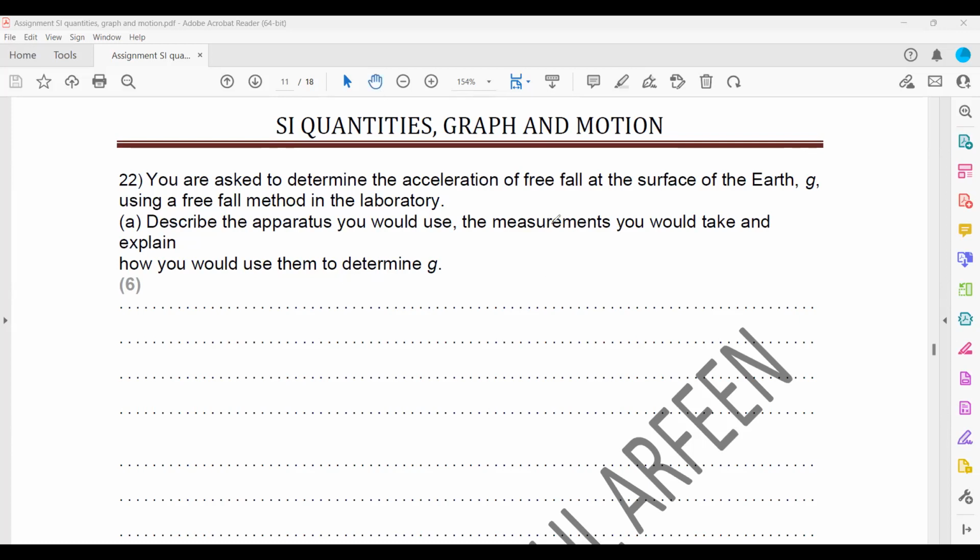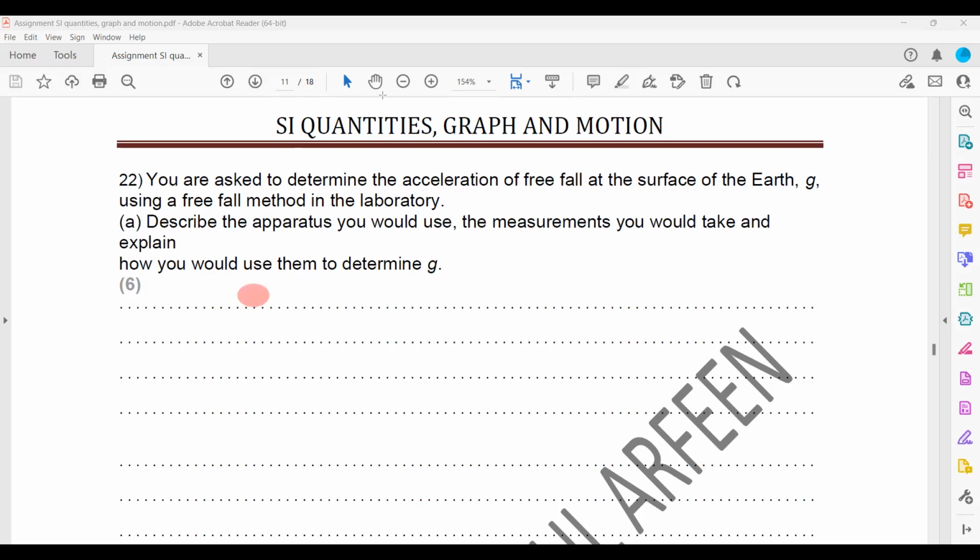How can it be done? So in the question, you're asked to determine the acceleration of free fall at the surface of the Earth using a free fall method in the lab. Describe the apparatus you use and the measurements you will take, and explain how you would use them to determine the acceleration due to gravity, or the value of g. So one way is